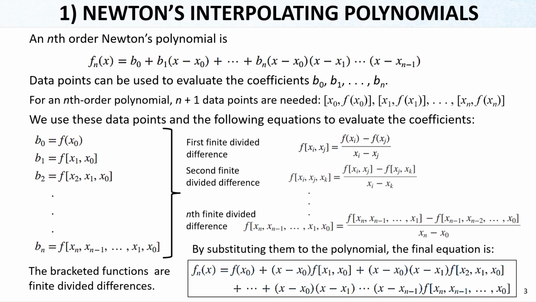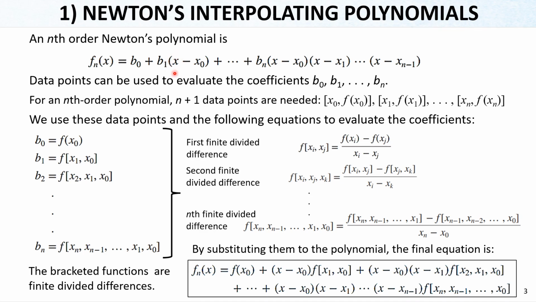Newton's polynomials are defined for an nth order polynomial type. You can see here the formulation. It has coefficients b0, b1 up to bn, and next to it we have a subtraction of the target input from the existing data one by one, starting from the zeroth data. So this can be the first data you can think of, and the next data, the other data, and these are the inputs actually. So for the first coefficient there is no multiplication, but for the second coefficient there is a multiplication of this subtraction